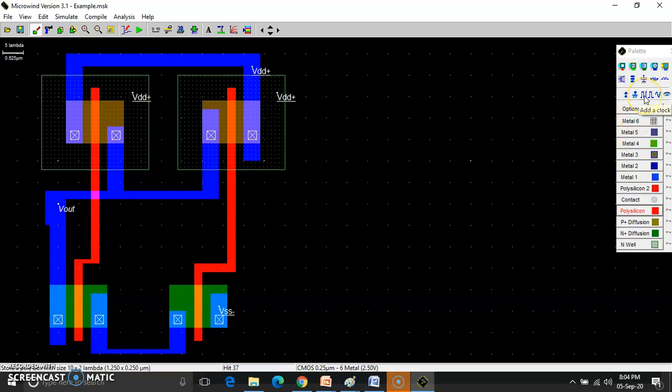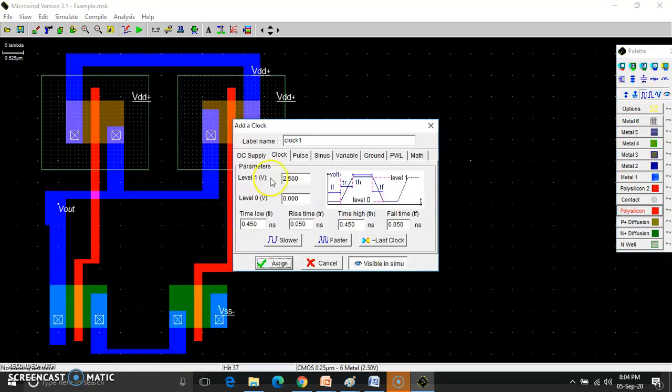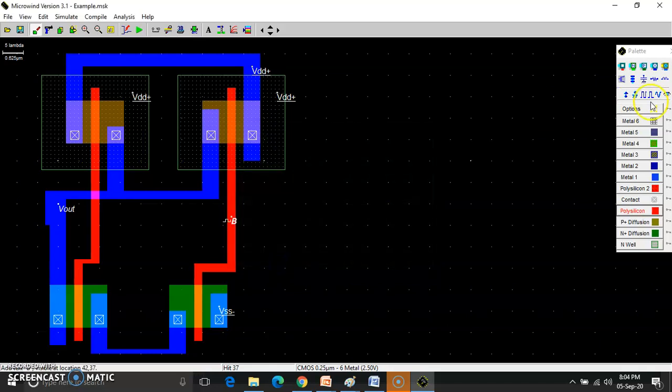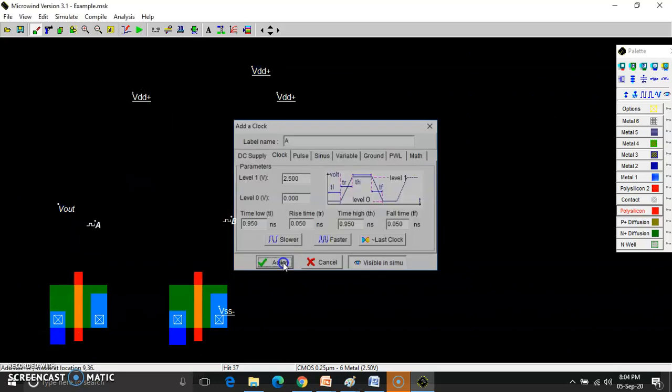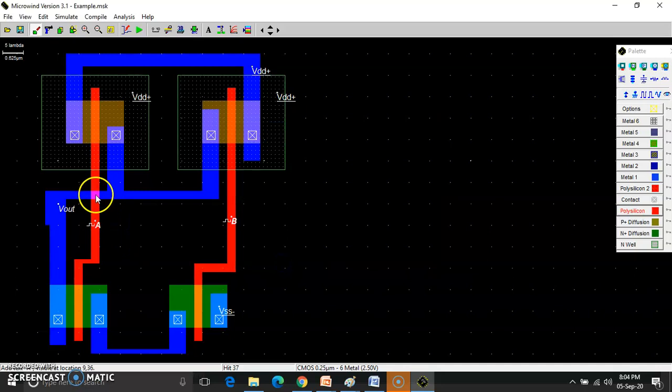Now click on add clock and click on this particular part. So always give the LSB bit first. So I am giving B first, and this I am not changing, I am assigning, and then I am again clicking because I require two inputs. Always give the input over the gate. So I am giving A because MSB I need to apply second, because this value is changing. Okay, so A. Don't give it on an intersection.